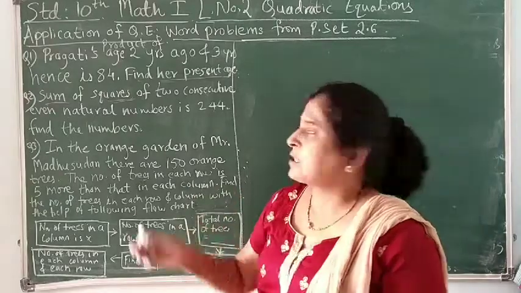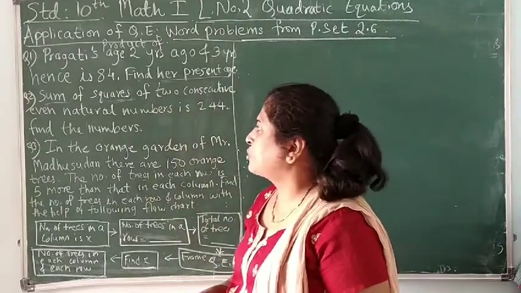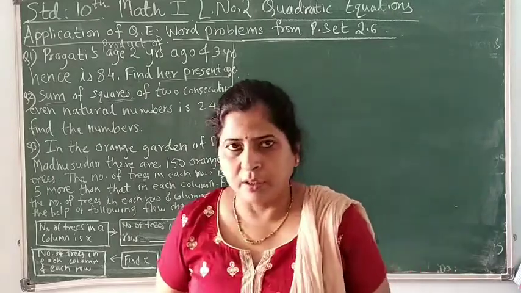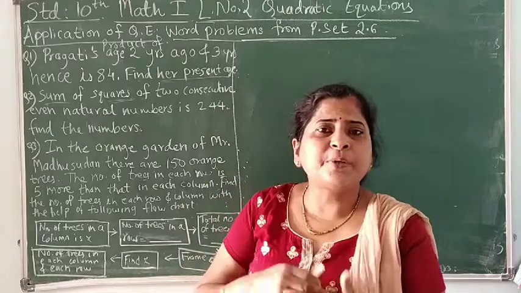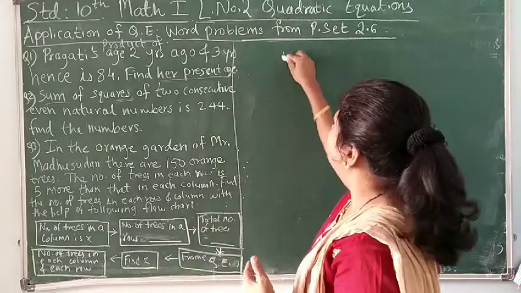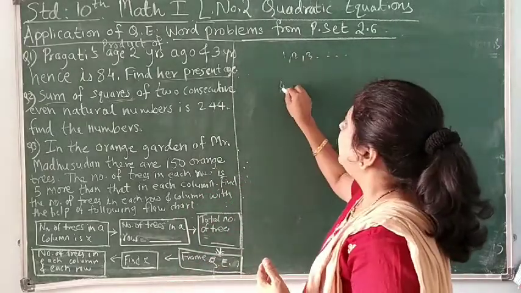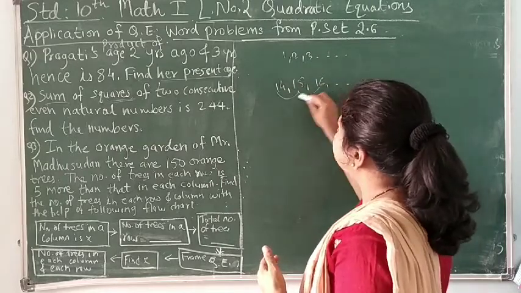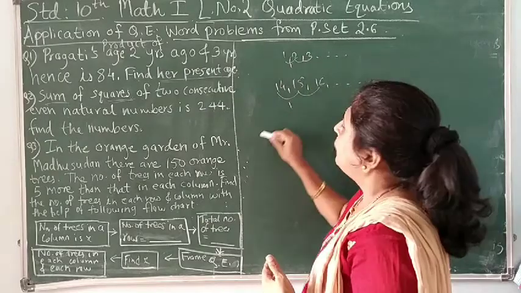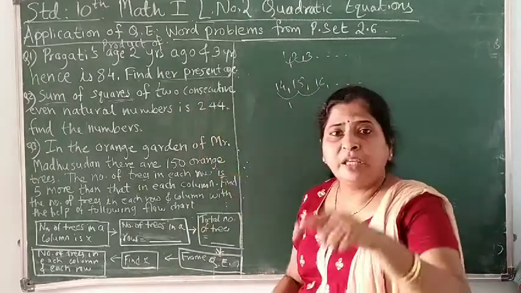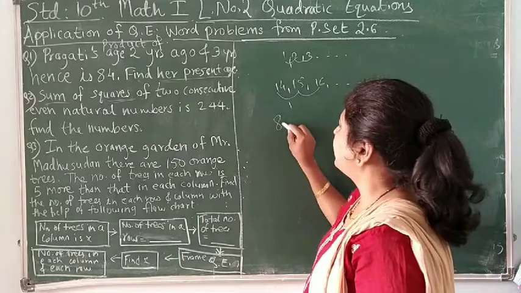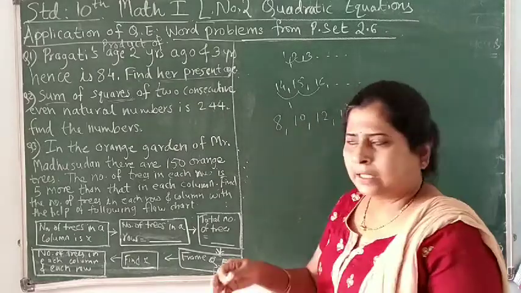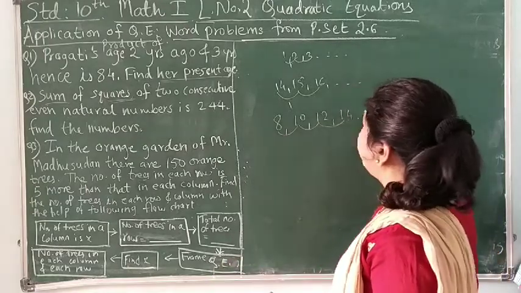Now, sum of what? Squares of two consecutive even natural numbers. What do we mean by consecutive? The number coming after the other. So what is the difference between consecutive natural numbers? Consecutive natural numbers are, say, 1, 2, 3 and so on, or it can be 14, 15, 16 and so on, where the difference is 1. Correct? When we are talking about two consecutive even natural numbers, if the first even number is 8, then it can be 10, then 12 and then 14 and so on. So here what is the difference? The difference is going to be 2.